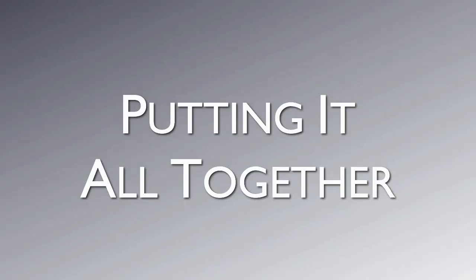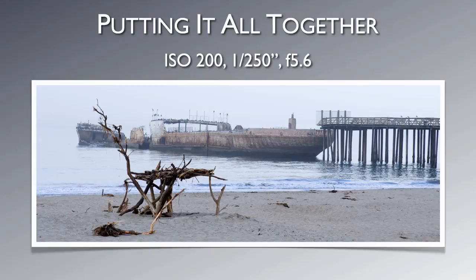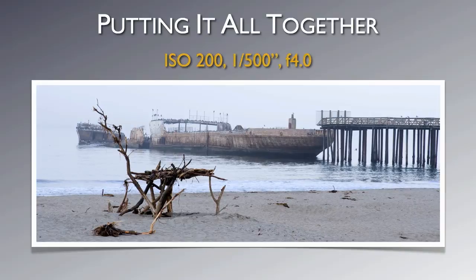Armed with this new knowledge, let's see how it works. I'll use a film speed of ISO 200 throughout these examples. First, we can verify the story about each aperture stop being progressively half of the previous stop. This picture was taken at ISO 200, 1/250th of a second at f5.6. The same subject, but now with ISO 200,